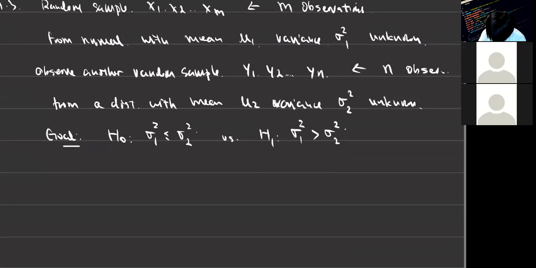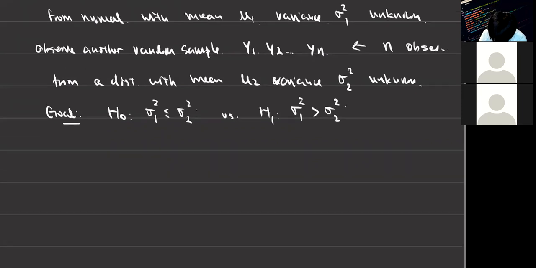So in this case, the setup and the computation is actually very easy, and we'll write it out. In this theorem, the first thing you do is compute the sample variance of both of these random samples. And then we're going to take the ratio of the sample variances, and that ratio is going to be the test statistic. All right, so let's write it out. So what do you do here? First compute the sample variance